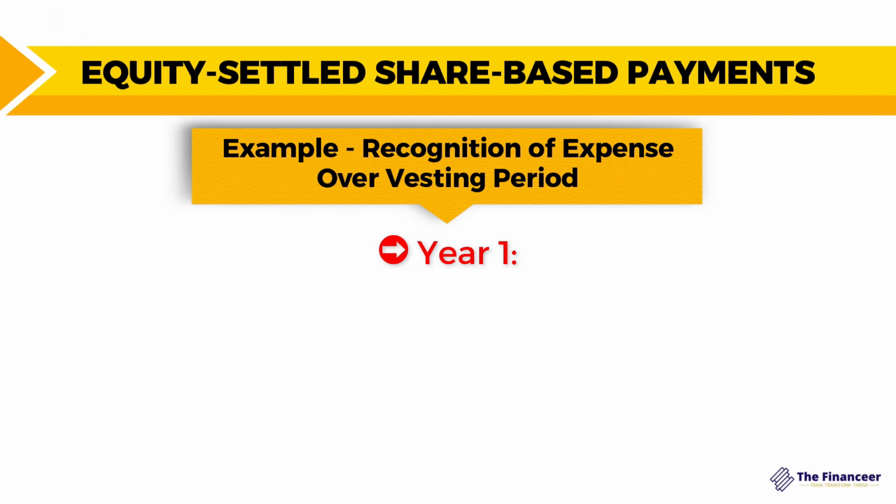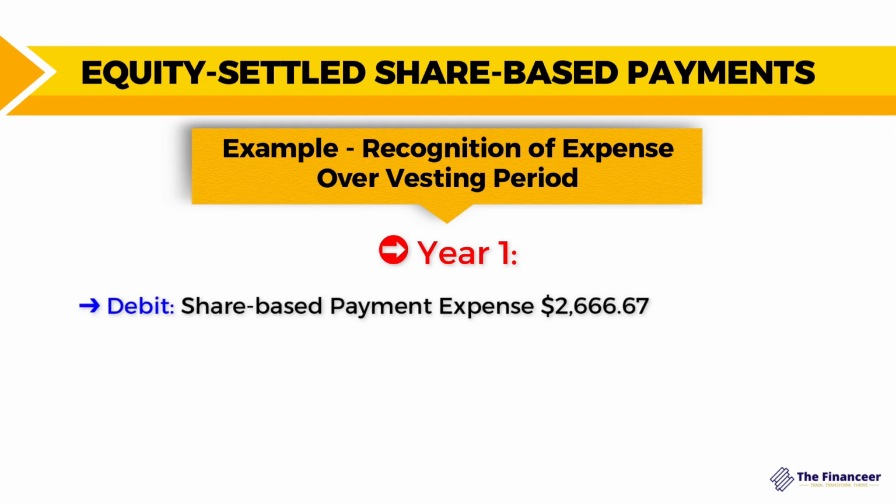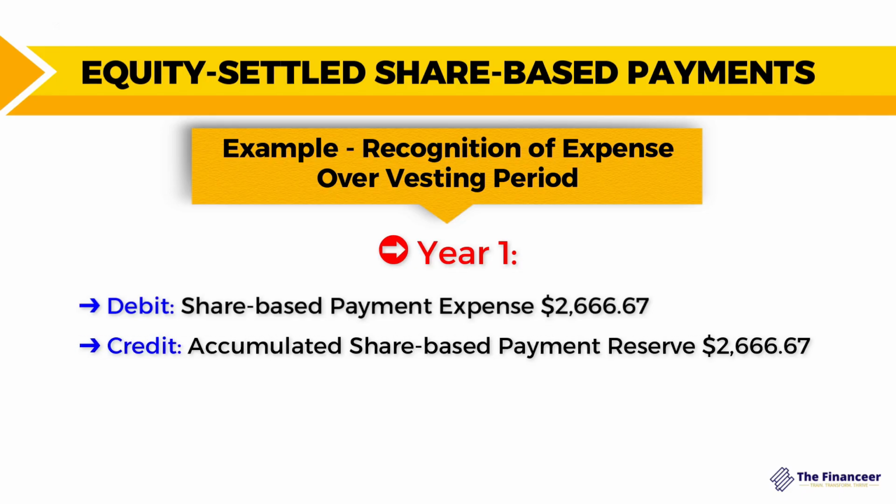So returning back to our LMN corporation, where they are assuming that 100% of the employees will continue working until the end of the 3 years. So each year you are going to record an accounting entry, debit and credit. Debit share-based payment expense with the value of 2,666, and then the credit will go to the reserve account with